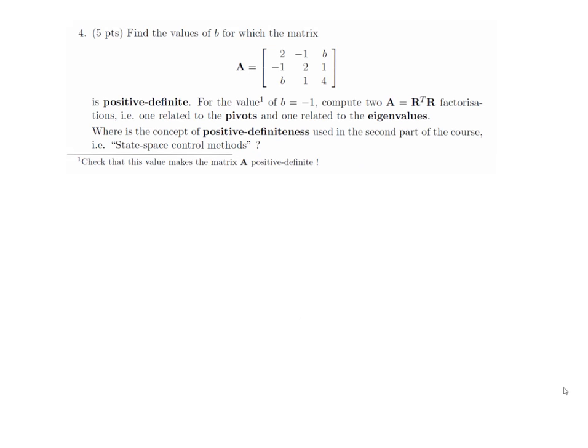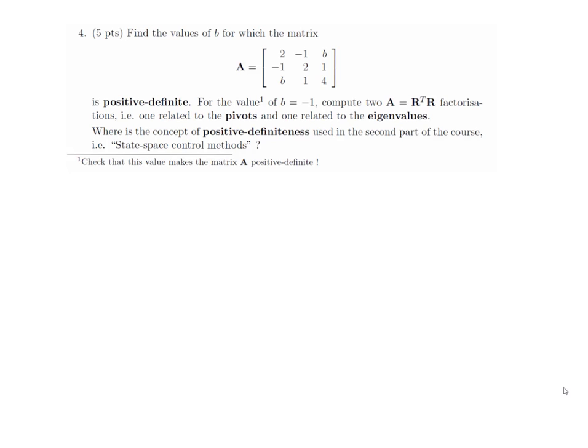Find the values of b for which the matrix that is shown is positive definite. For the value of b equal to -1, you should of course check that b equal to -1 is in your set of solutions. For the first part of the question, compute 2